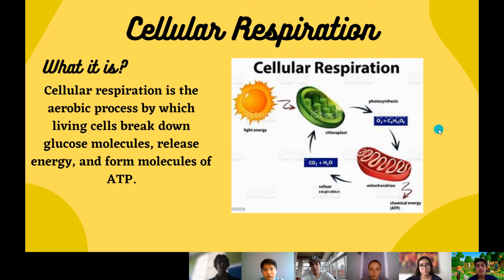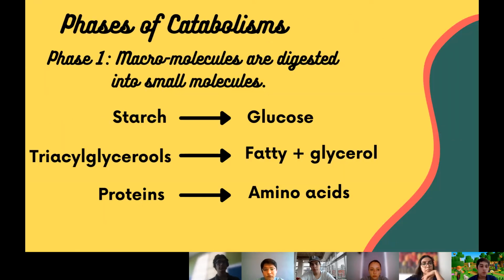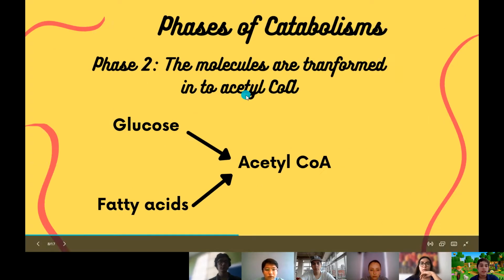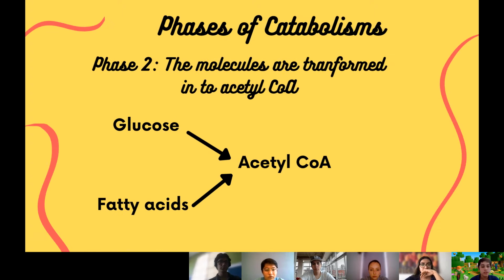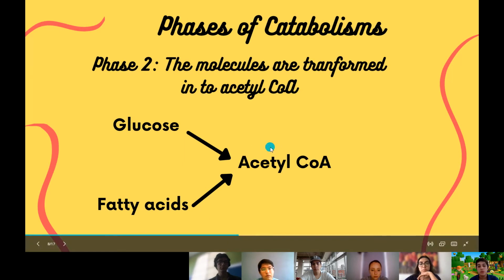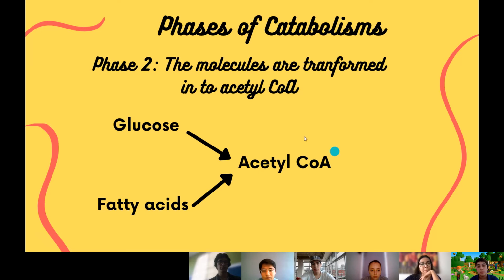Then we have the steps of catabolism. The first one is stage 1: macromolecules such as starch, triglycerols, and steroid fatty acids and proteins are digested into smaller molecules. As you can see in this drawing, starch to glucose, triglycerols to fatty acids plus glycerol, and proteins to amino acids. Then the second phase is that the molecules obtained in the first stage are transformed into acetyl CoA. As you can see in the drawing, glucose and fatty acids are transformed into a simple compound, acetyl